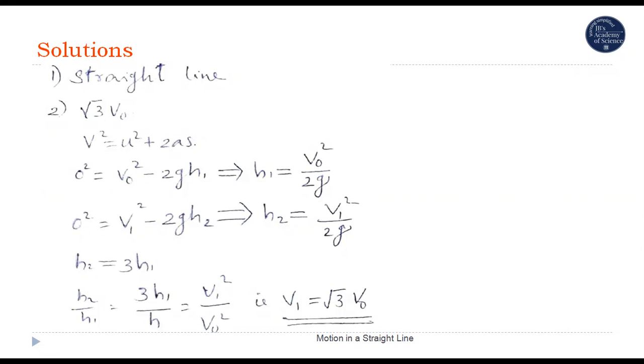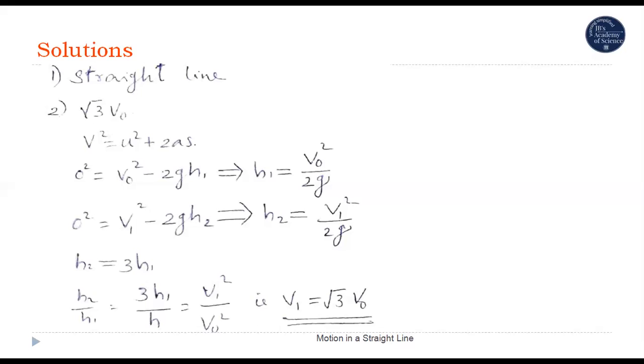We know that v square is equal to u square plus 2as. The final velocity will be 0 after reaching the maximum height. Therefore, v is equal to 0. h1, for initial velocity v naught, will be v naught square divided by 2g. Now, for